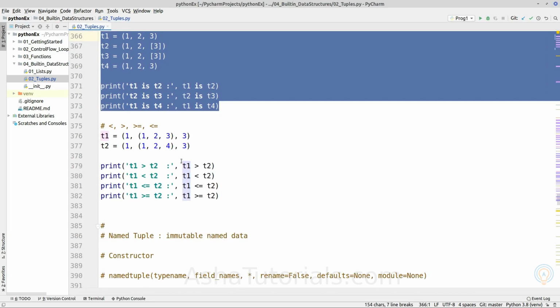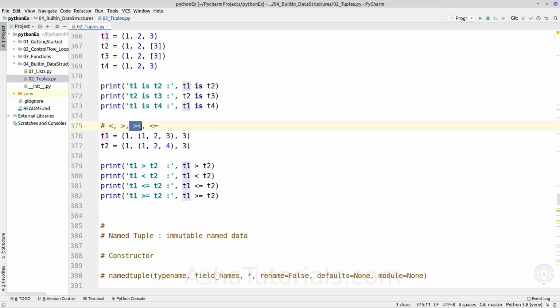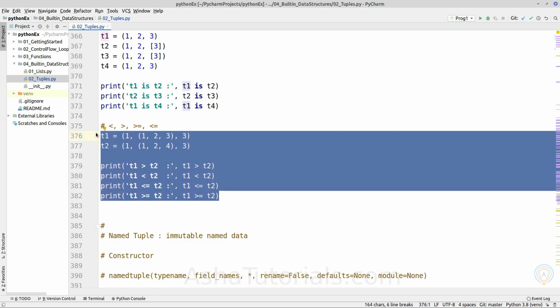Now less than, greater than, less than or equal to, and greater than or equal to. It will perform comparison from the beginning index up to the length until it finds a difference. If it does not find a difference, they are equal. So this is a nested tuple object.